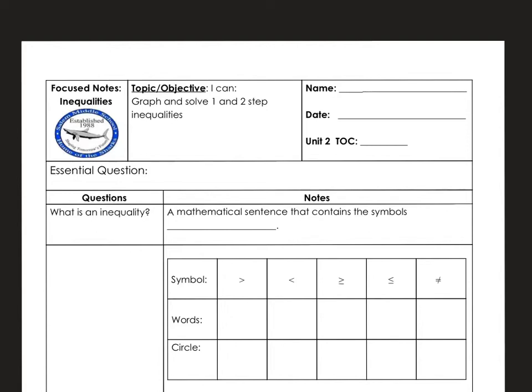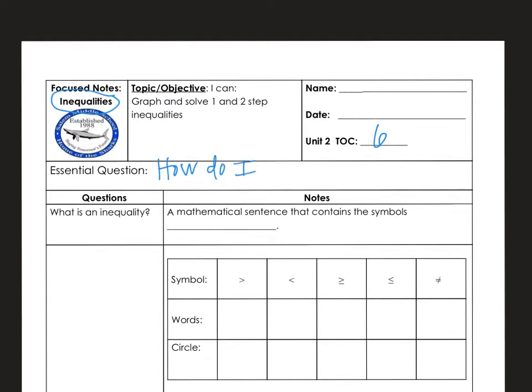Everyone, in these notes we're going to be talking about inequalities, so that can be the title on your table of contents for these notes. This is TOC number 6 for Unit 2. At the end of these notes, you're going to be able to say, I can graph and solve 1- and 2-step inequalities. So our essential question is,